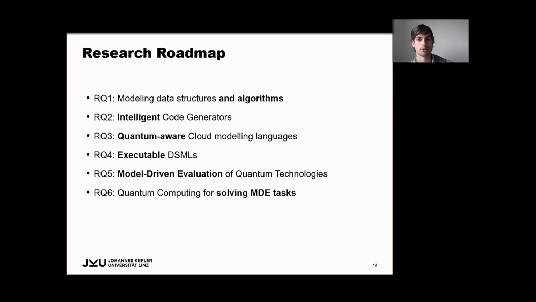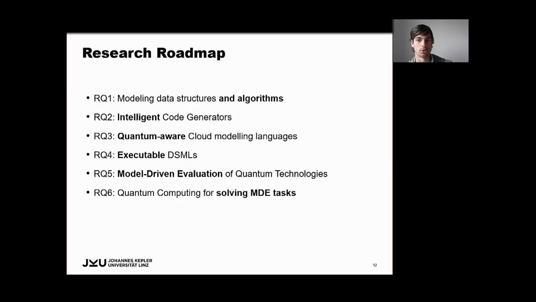Okay, so based on this demonstration case and the according lessons learned, I want to continue with the research roadmap, which includes some major challenges that have to be overcome. As we've seen, a holistic MDE approach would require a way to account for according quantum data transformations and modeling quantum algorithms themselves, besides just applying existing ones. But there's also the question of how to consider hybrid algorithms and which extensions in modeling languages are necessary for this purpose, of course.